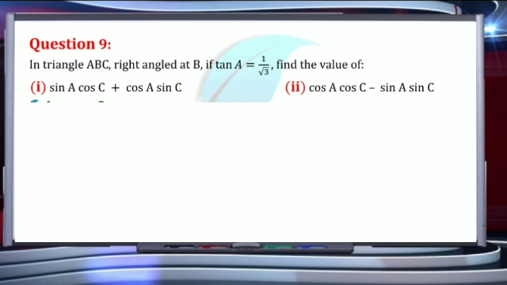So our hypotenuse, by using Pythagoras, will become root 3k whole square plus 1 square. So that reduces to 4k square. That means our hypotenuse will be 2k. So just substitute all the values required over here and calculate the given condition. This again I am giving as homework to you all.